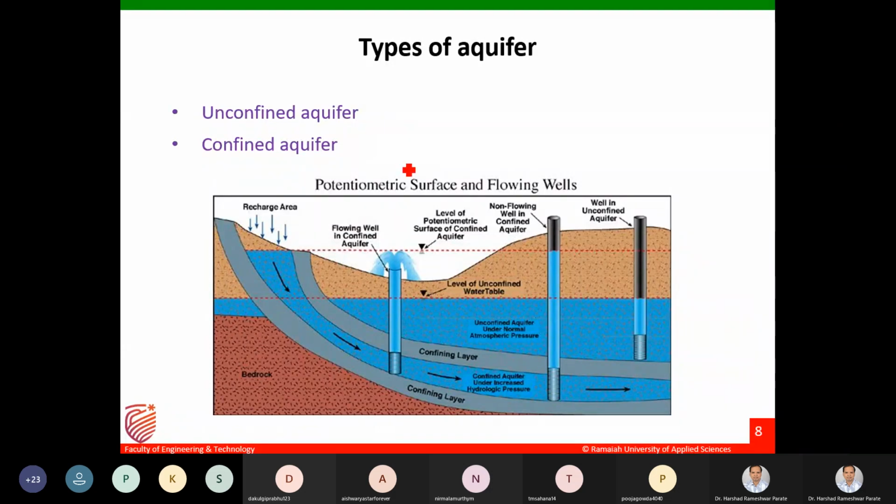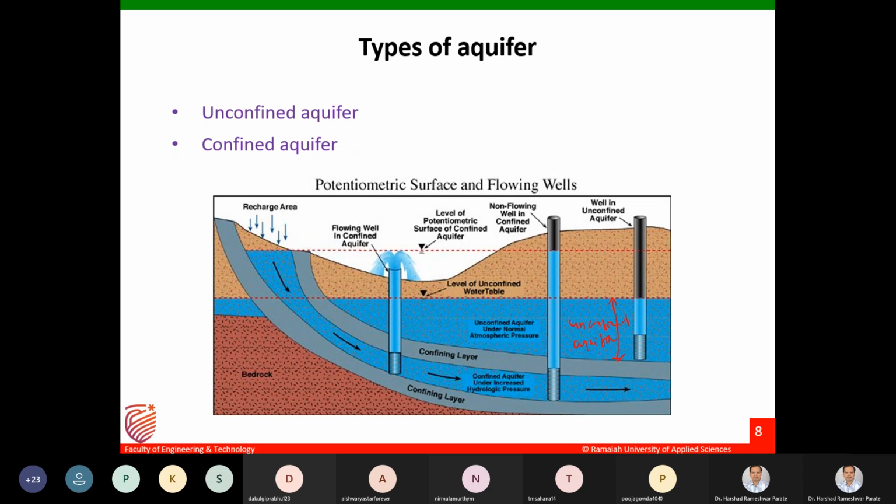So let's discuss first the unconfined aquifer. In the unconfined aquifer, you can see here the water level. Okay, this one. So from here to here, we call it an unconfined aquifer. So what exactly is an unconfined aquifer? The bottom of that aquifer is impermeable. So you have a confining layer. So this is impermeable and